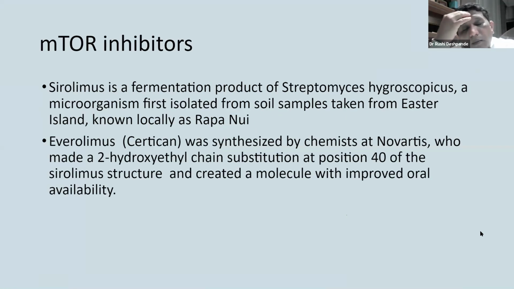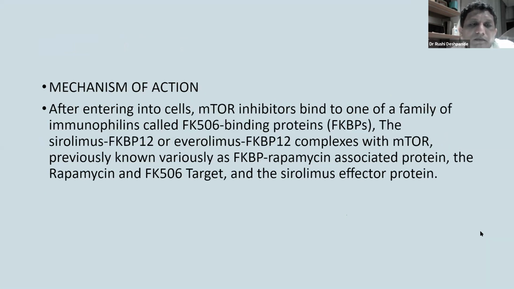So, after the MMF, the next drug that I'm going to talk to you about in the line of antiproliferatives is the mTOR inhibitor. The mTOR inhibitor that came first, the old one which we are still using in practice, is sirolimus, which is derived again from a fungus like tacrolimus was. And everolimus is a synthetic drug. It was derived in the lab by some substitutions in the sirolimus structure, and it helped create a molecule with better oral bioavailability. So even sirolimus is good, but everolimus has better bioavailability.